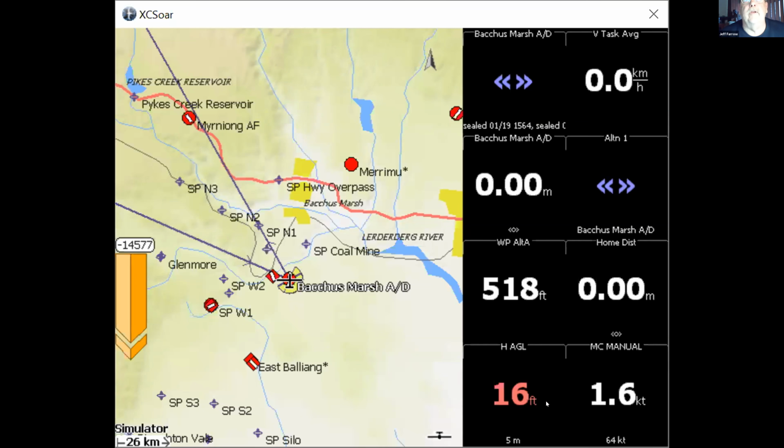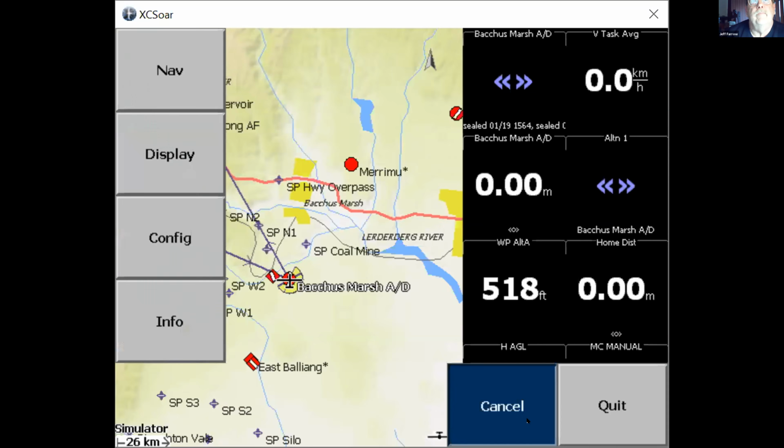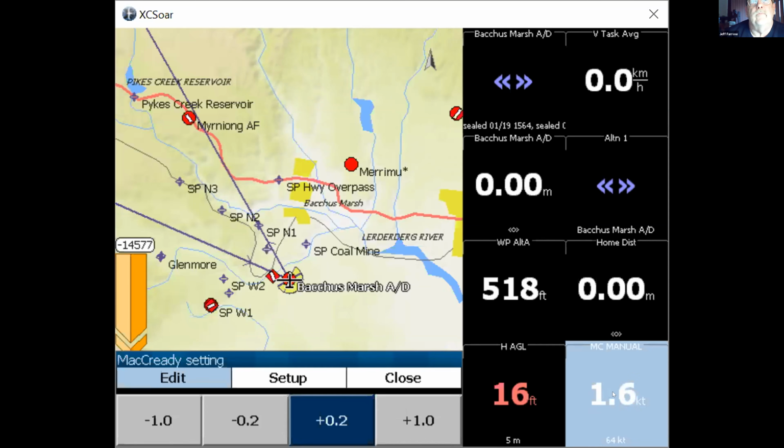The other one that you need to really set is McCready. Now in this case, we've got various info boxes set up. These are the ones that JB suggested. If you single click McCready, double click it in a glider, you can set up a figure.